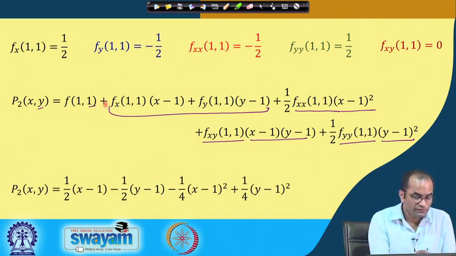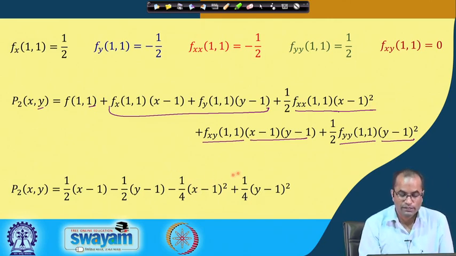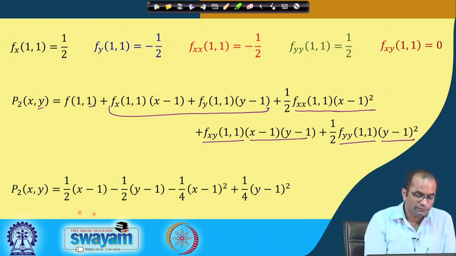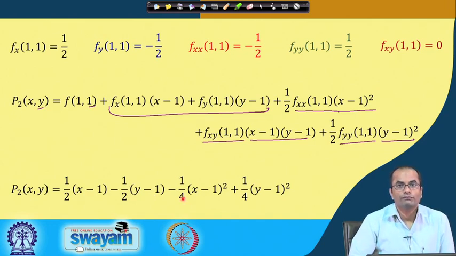So, we can substitute these values here. f(1, 1) will be 0 because of that function, and f_x at (1, 1) was half. So we have half (x minus 1), here again we have minus half (y minus 1), and f_xx is minus half, so it will become minus 1 by 4 (x minus 1) whole square. This will be 0 because the mixed order term is 0. Then we have 1 over 2, again 1 over 2, so 1 over 4 and (y minus 1) square. So this is the quadratic polynomial which is approximating the function in the neighborhood of the point (1, 1),